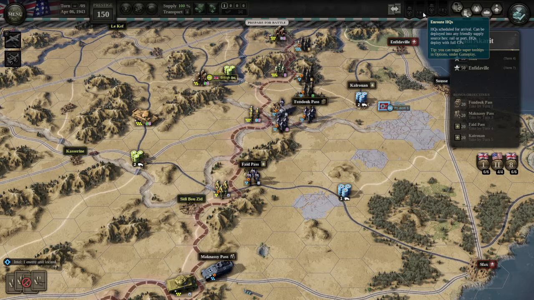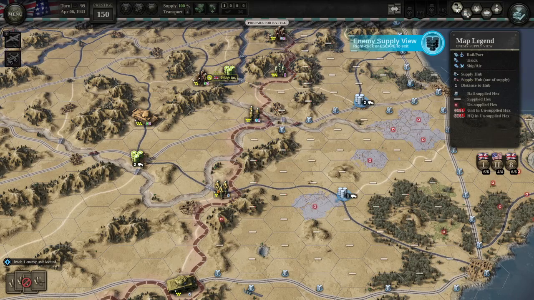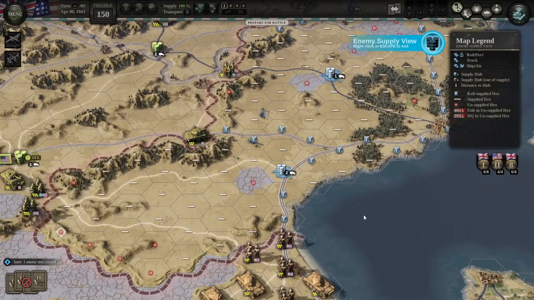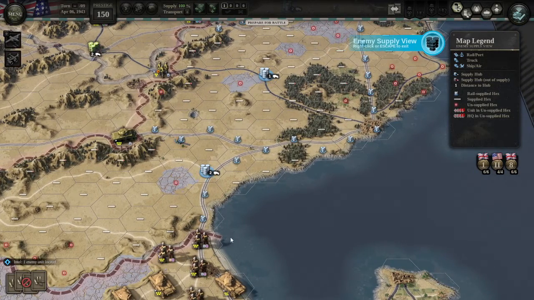HQs, again, this will tell you where the HQ is going to be deploying on the map. Again, used mostly in scenarios like Husky or D-Day. Very important you do get HQs on the map because they will allow you to use your HQ special abilities. Potential enemy reinforcements, and of course potential enemy HQs. You also have different target information, so you can click this if you want to see the enemy supply, or you can hold B. Now the B key will show you the enemy supply, and it's a good way of